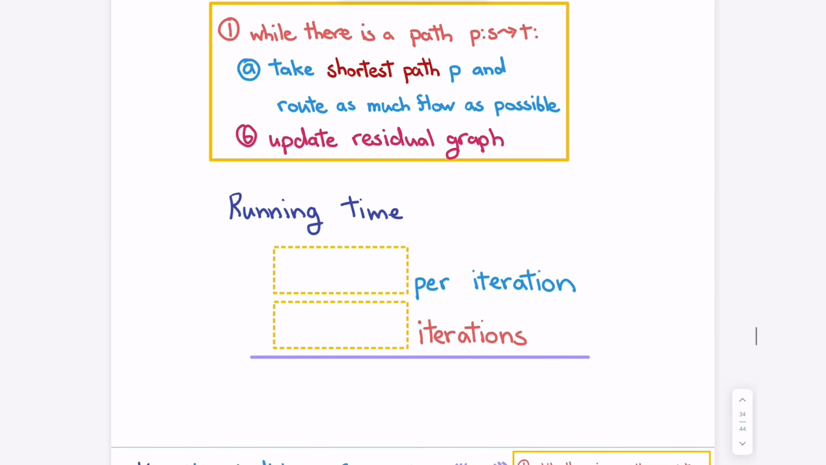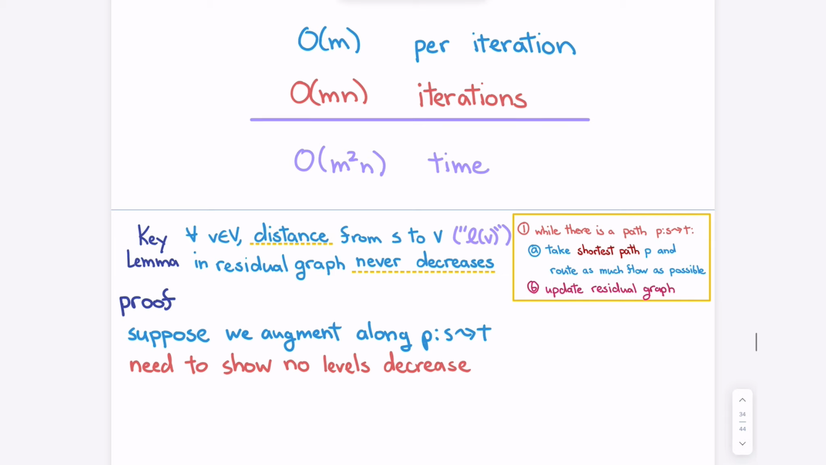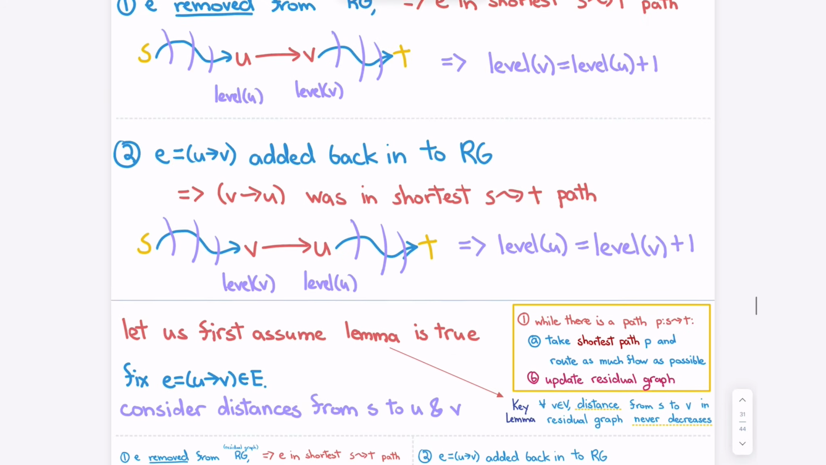You put all that together: mn iterations, m time per iteration, you just do BFS. Mn iterations, you get m squared n time. Right? This is highly non-trivial, and I probably rushed it a little bit and killed some of the drama and suspense. But what it's really saying is, somehow this lemma